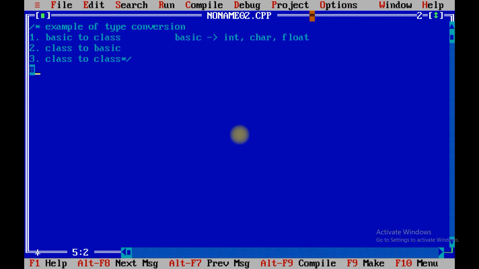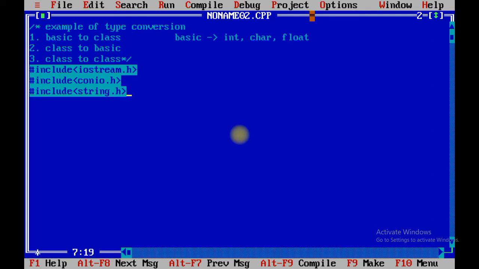Let us implement the structure. iostream.h, conio.h. One more file I am going to include, that is string.h. Now see, the first task is to convert basic to class.